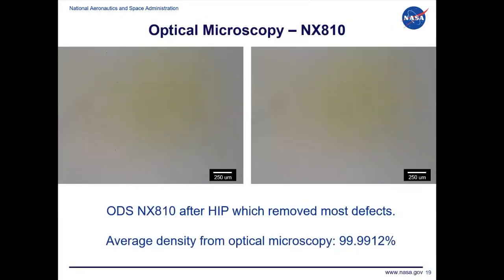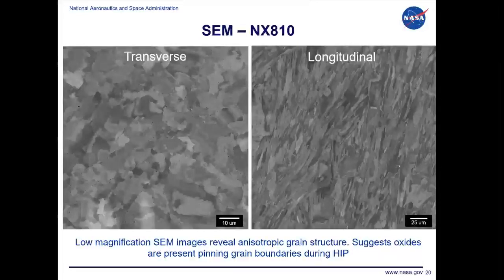And so these are very boring optical images of NX-A10 after HIP, where we can basically just show, hey, it's almost virtually defect free. We can get really high densities, especially after HIP, and remove any type of defects from the AM build with this new composition. And when we started looking at SEM,